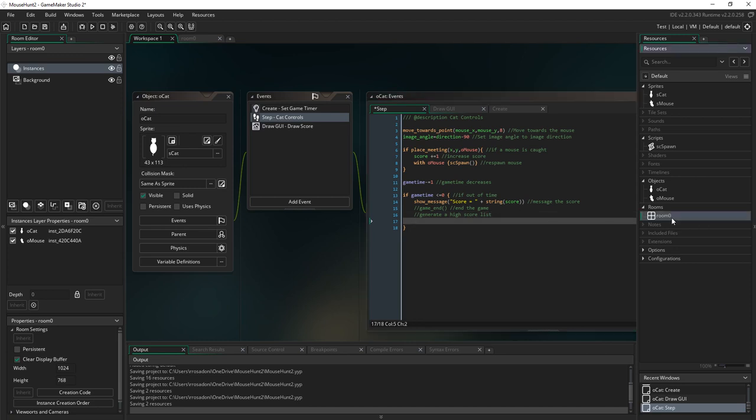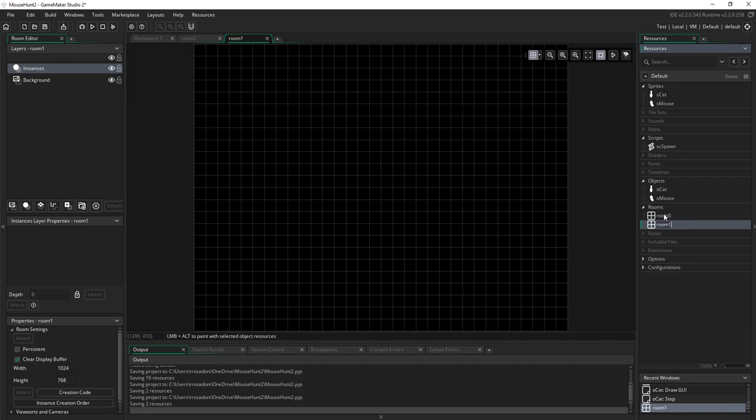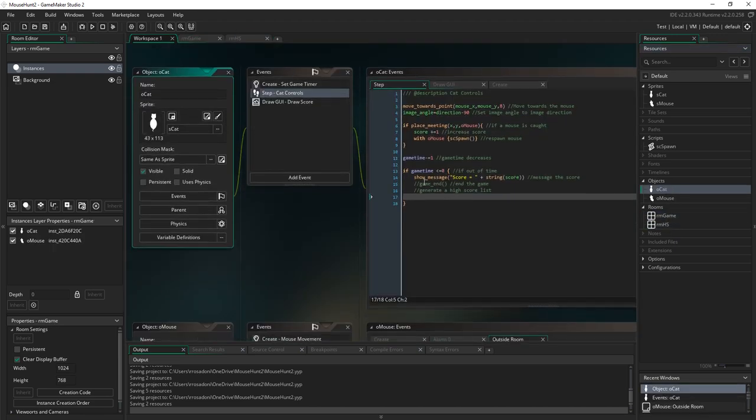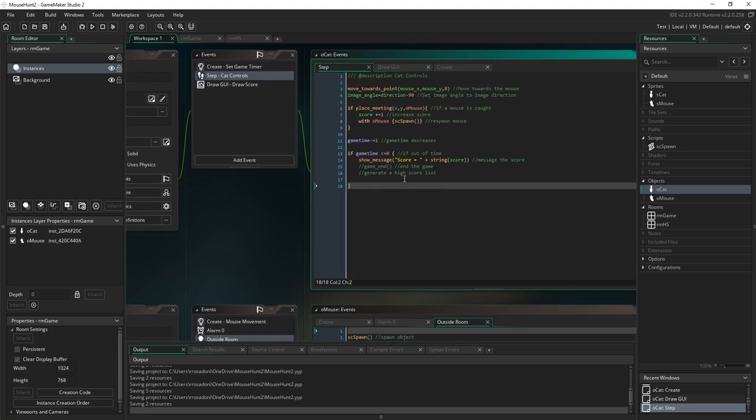And so I'm going to create another room to do that. I'm going to have a high score list in that room. So I'll just create another room. I'm going to call it RMHS. And I should probably rename this one and call that my game room. So I've got a game room and I've got a high score room. Okay. So in my game room, I've got my cat, and when the game ends,